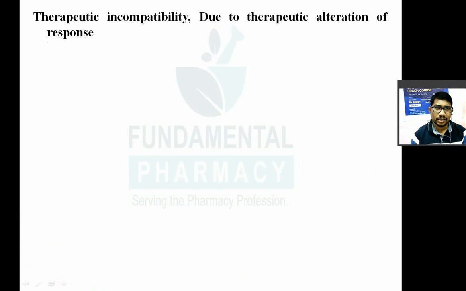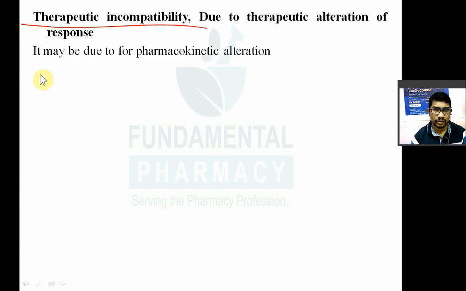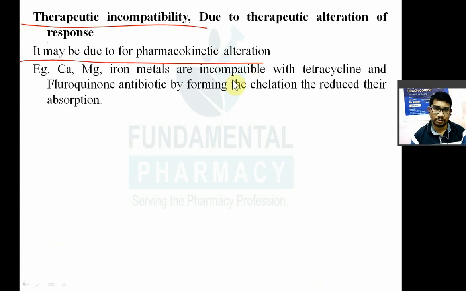Therapeutic incompatibility. Therapeutic incompatibility, they are of different types, due to alteration in the therapeutic value of a drug by another drug or additive. It may be due to either a pharmacokinetic alteration or pharmacodynamic alteration. So for pharmacokinetic alteration, see the example: calcium, magnesium, iron or other metals, you know, they are incompatible with the tetracyclines